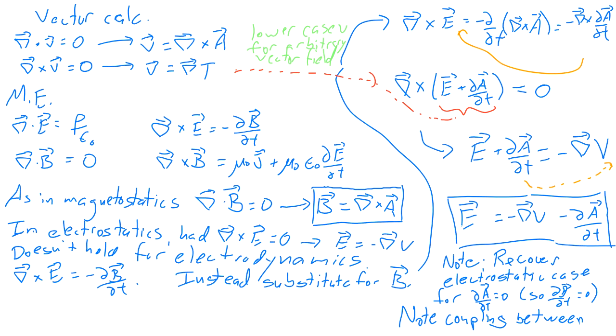I'm not seeing a pointer when I do this. I'm pointing at Faraday's law, right? If dA dt is equal to 0, then dB dt is equal to 0, and when dB dt is equal to 0, then the curl of E is equal to 0, and we get all the electrostatics. But we get the coupling between